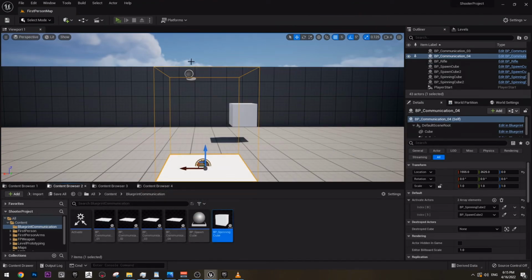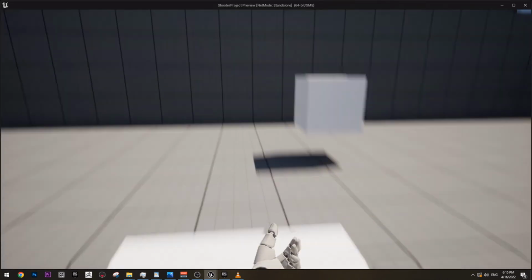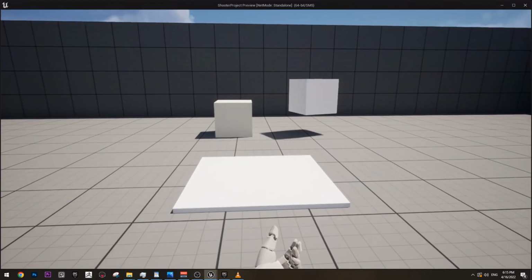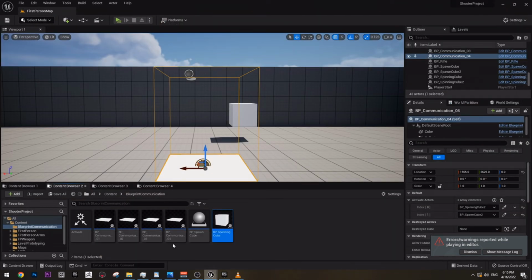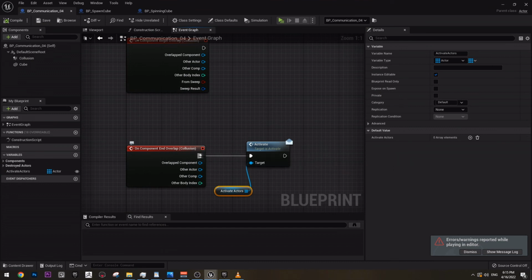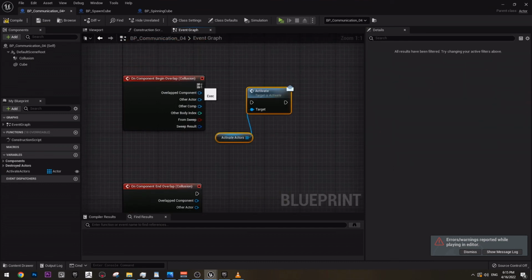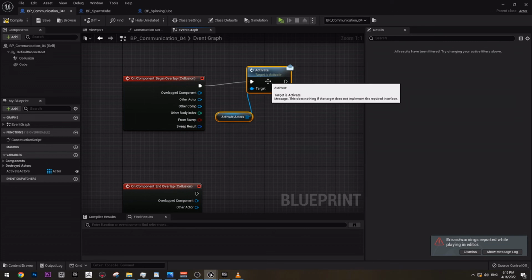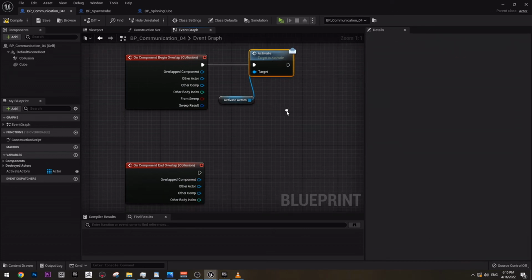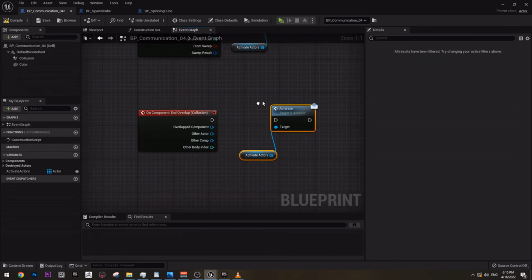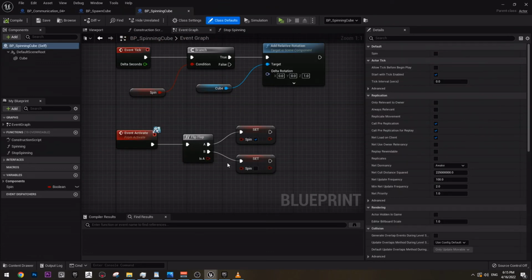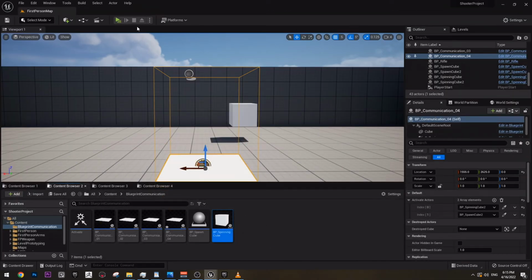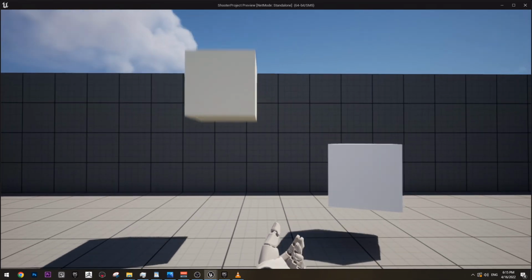So now if we play, hopefully, yeah, okay, so it triggered, but the thing is, I think I did it on end overlap, so I actually need to do it on overlap. And let's do it here as well, because what we need to do for the flip flop is to set it to not 0 but false. So if we now do this,